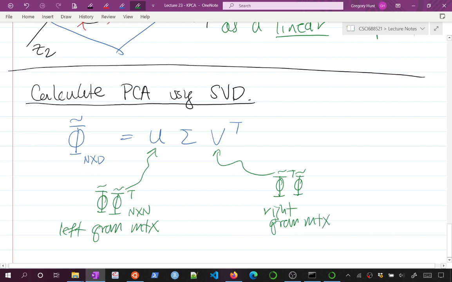That gives me the elements of V. The eigenvectors of the left Gram matrix give me the elements of U, and the eigenvalues of either of these, which turn out to be equivalent for non-zero eigenvalues, give me the elements of sigma. So